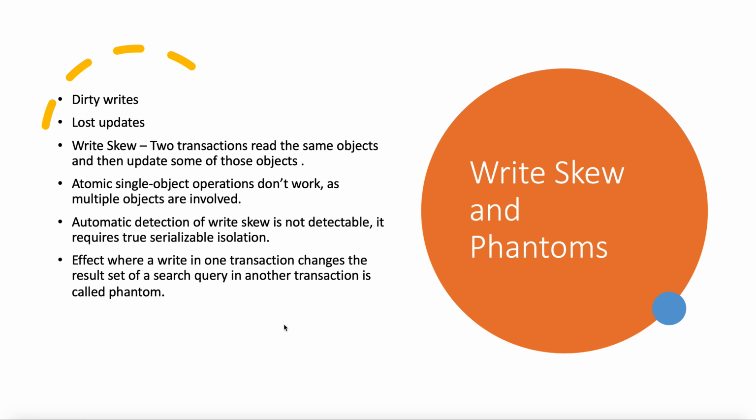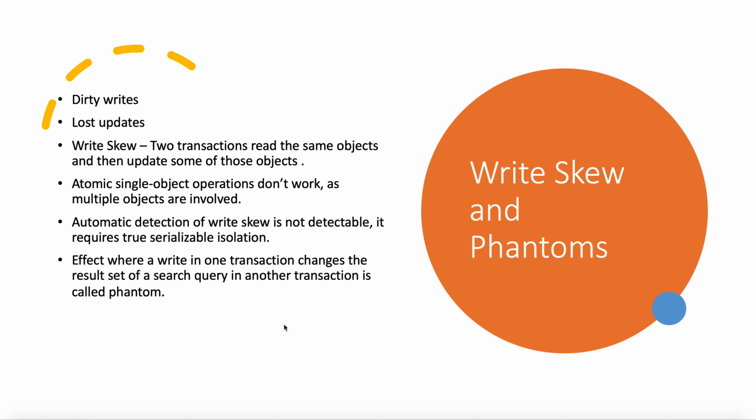Let's assume that there are two users, Alice and Bob, who want to book a meeting room. When they search for all the available meeting rooms, they both find out that meeting room X is available. When they try to book at the same time, they end up booking the same room because of snapshot isolation, and we now have two bookings for the same room.